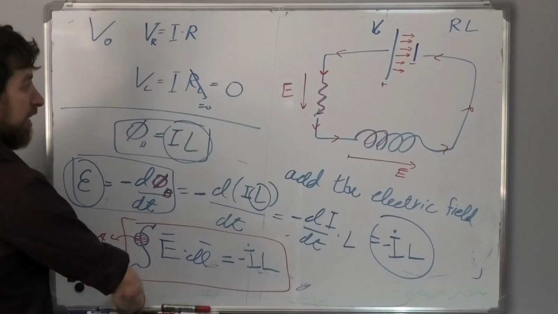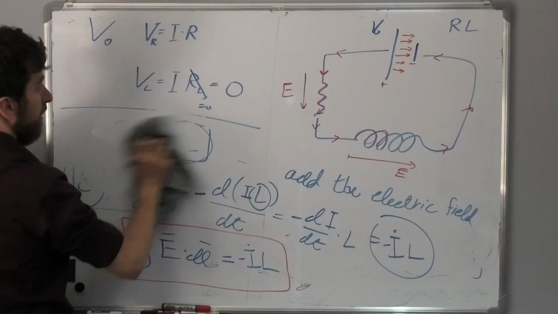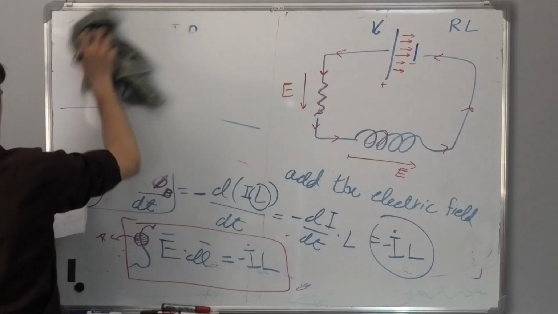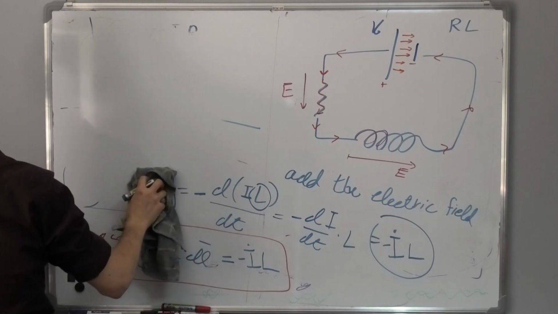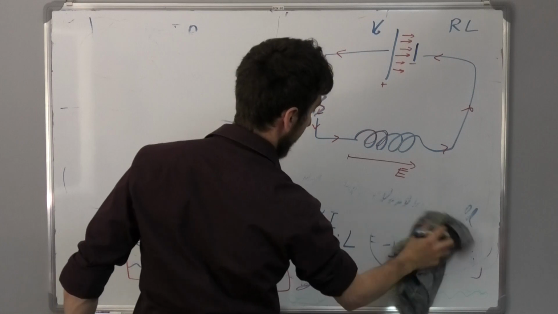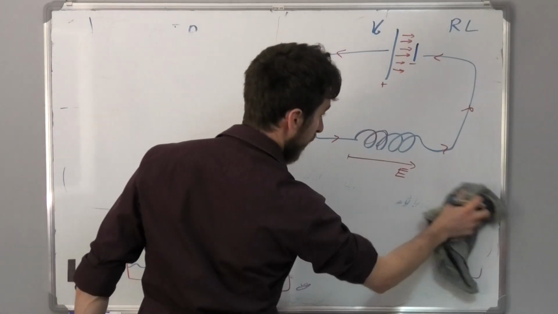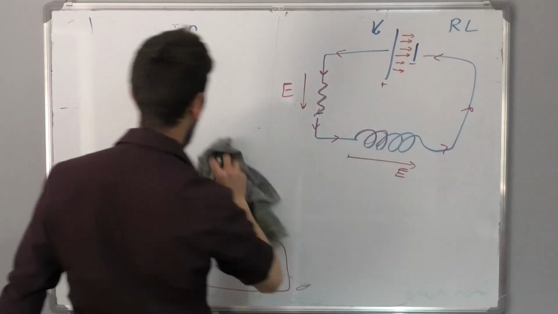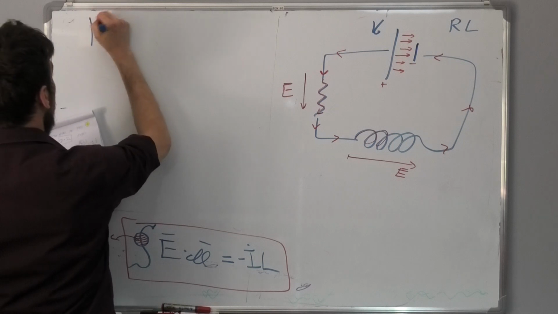And right now, we can clean that. The next question I want us to find is the current in the circuit that we have right now. What is the current in the circuit? In order to find the current in the circuit, a lot of people expect me to use Kirchhoff's voltage law,